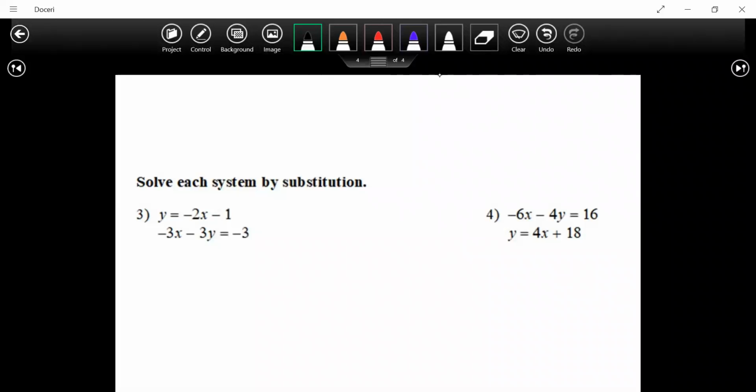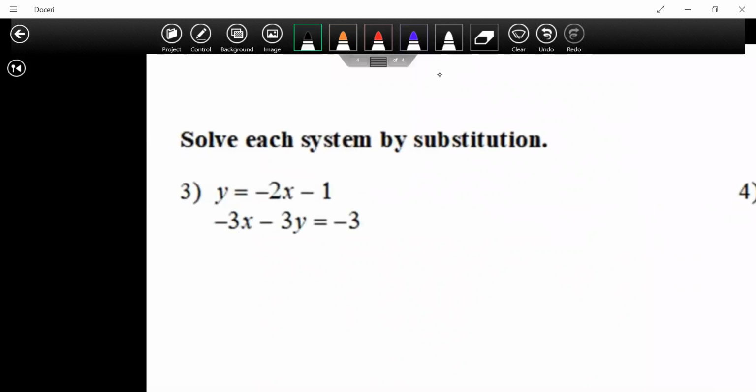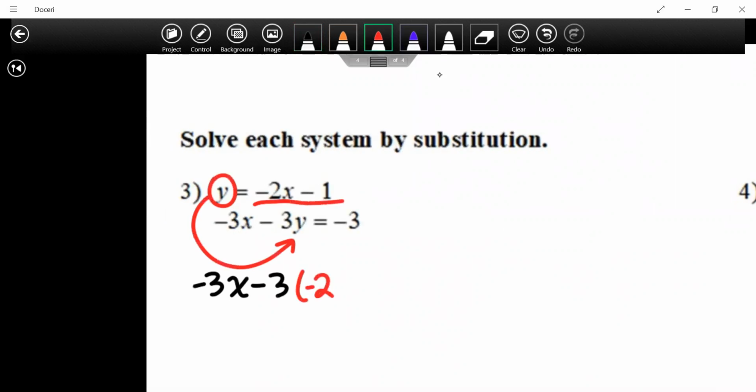Okay, for this one that we're doing here, we have substitution, so we want to be able to plug back in. So we're going to take our isolated variable, right? That's going to be negative 2x minus 1. We're going to take it and plug it into our y in negative 3x minus 3. That y will be equal to negative 2x minus 1